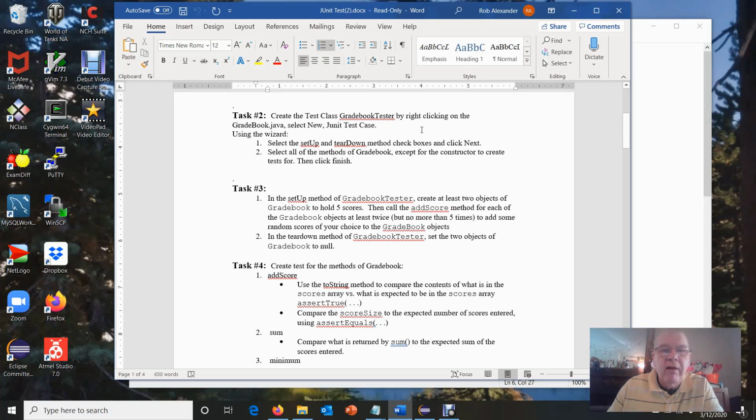And then select the setUp and tearDown methods, and click Next. Select all the methods except for the constructor, because you don't create test methods for the constructors, and then click Finish. Now you do not select any methods from capital O Object, the Object class, which will show up in this list,